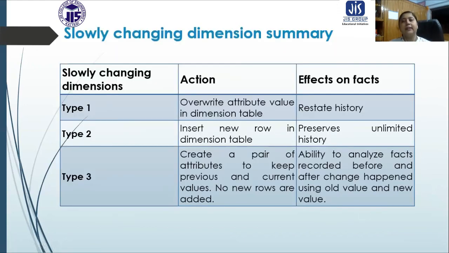So these are the things that we have to discuss. We need to remember about the schema. In the previous lecture and this lecture also, we have discussed the data warehouse schema. We have discussed why it is required, what types we have: star schema, snowflake schema, and fact constellation schema.